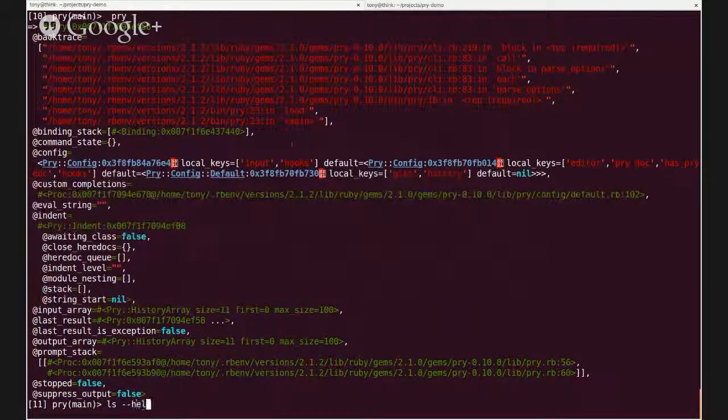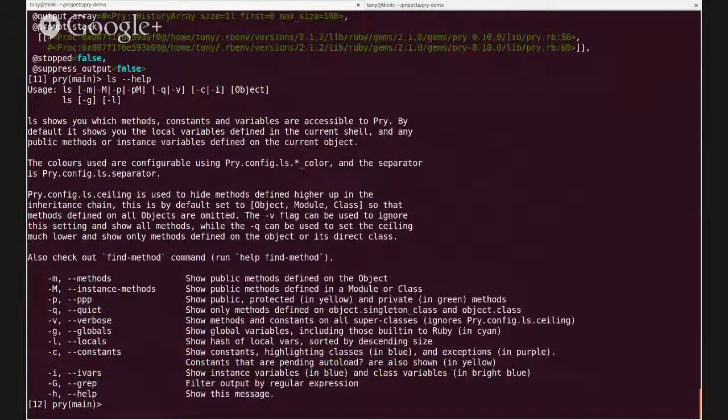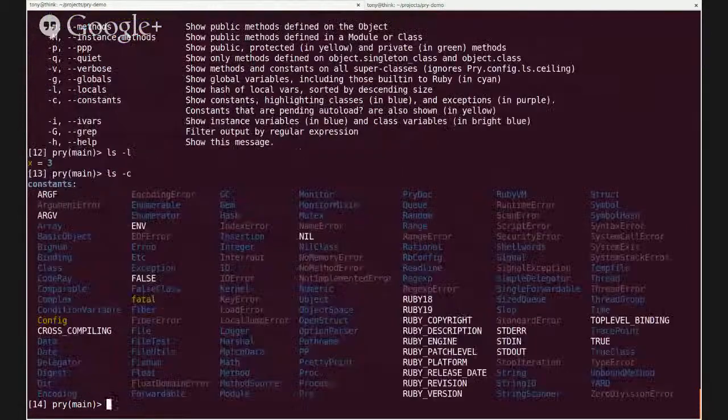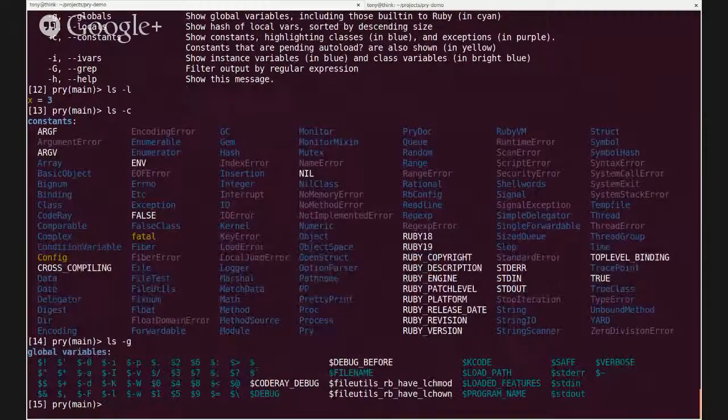If you do --help, you can get more options, saying, okay, I'm really interested in whether I declared any locals yet. Well, we did do x, so x will come up as a local. Then what constants are defined within the scope, like what classes or modules in Ruby do you have defined within the scope? Here a lot of the basic Ruby objects will already be defined. And then things like globals as well, where you have the load path, standard in, standard out, and a lot of the other